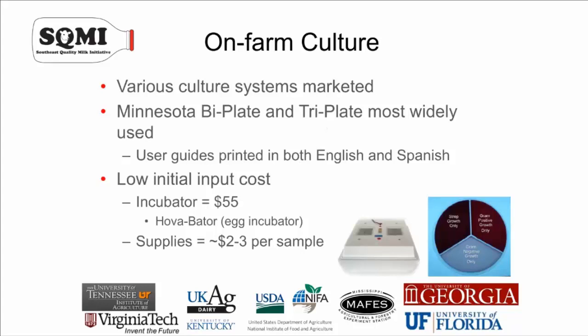The Minnesota system is produced by the University of Minnesota. The user guide is printed both in English and Spanish, which I find is very helpful, and we've used the Spanish translation guide on many farms that I've worked with to get the buy-in and the education to the Spanish-speaking labor force. The initial input cost is low, and this is where I also find some hesitation with producers